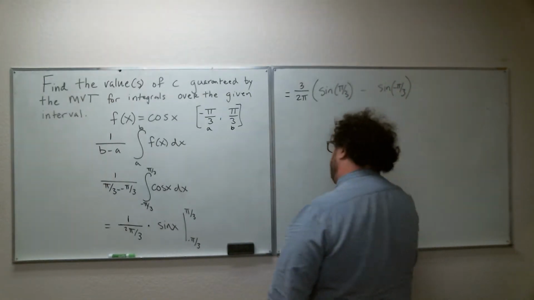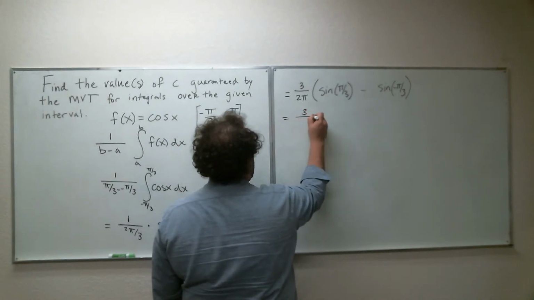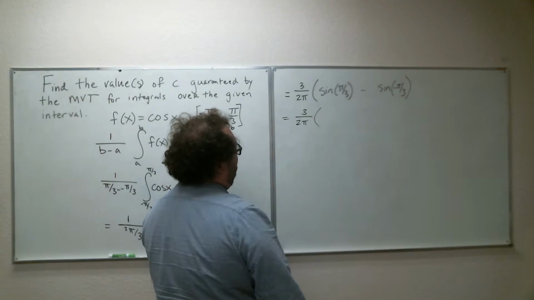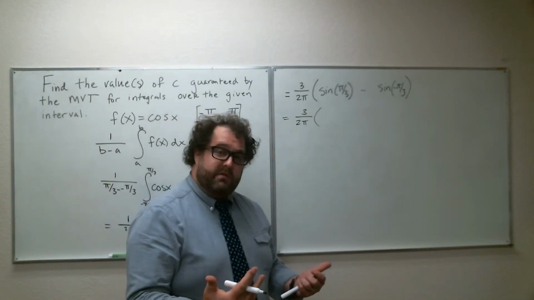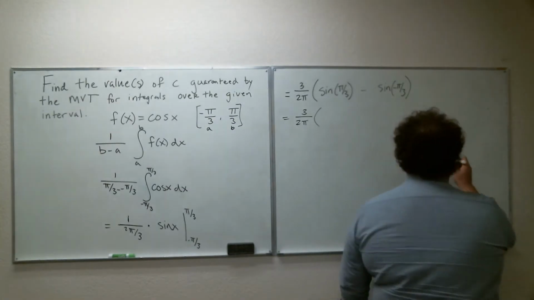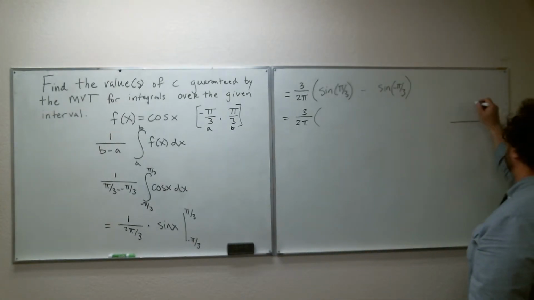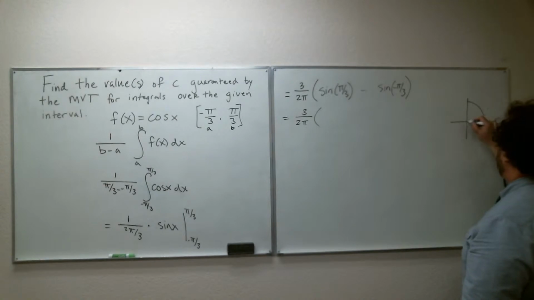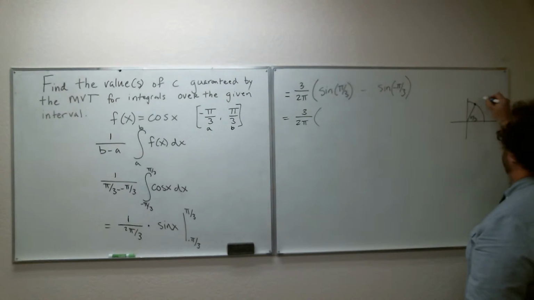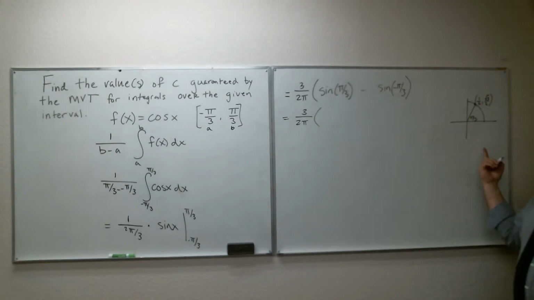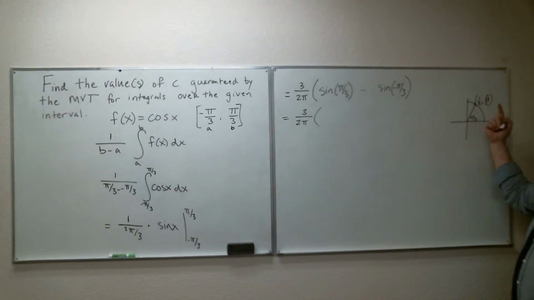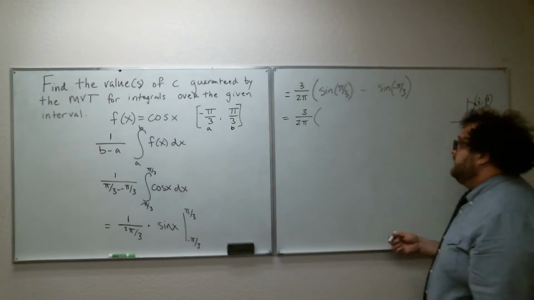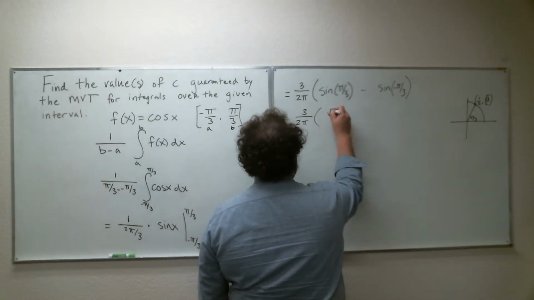Okay? So what do we get? Well, we get 3 divided by 2 pi. Now what's sine of pi over 3? Think about your unit circle. Pi over 3, here I'll draw you a quick unit circle, or at least the first quadrant. So we have pi over 3 radians, and the coordinates of that point are going to be 1/2 comma root 3 over 2. So if those are the coordinates, then the sine of that angle is going to be the y value. So we have root 3 over 2